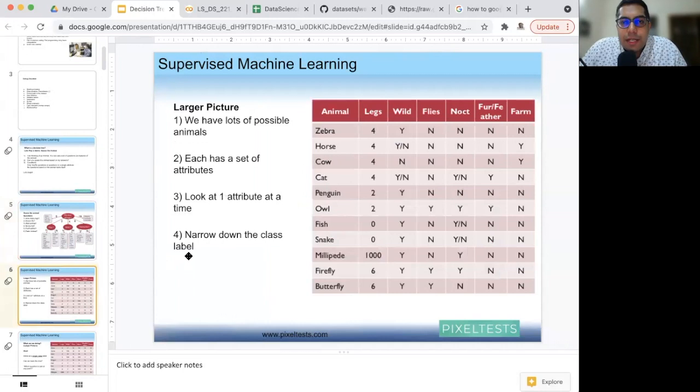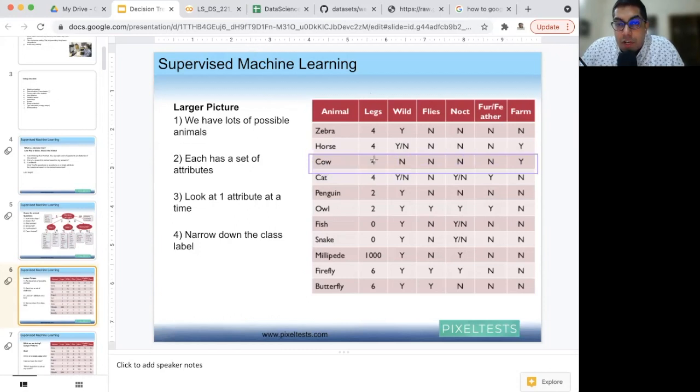Now coming to this, the same tree can be mapped to something like this. So we have lots of possible animals, each with a set of attributes. Let's look at one attribute at a time. Let me look at the cow, for instance. So let's look at this row. Guys, I'm going to look at only the cow,